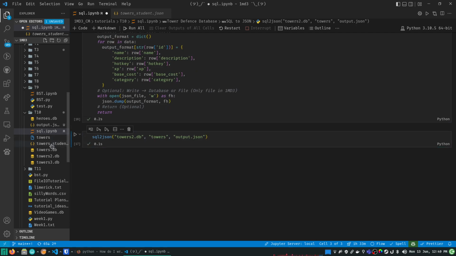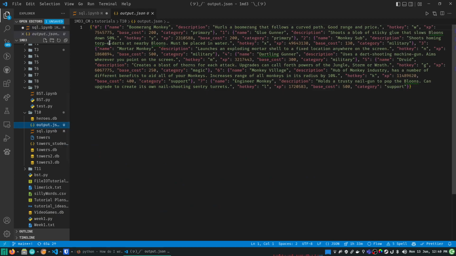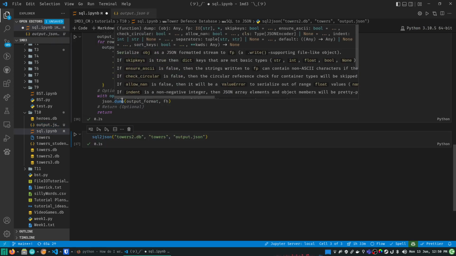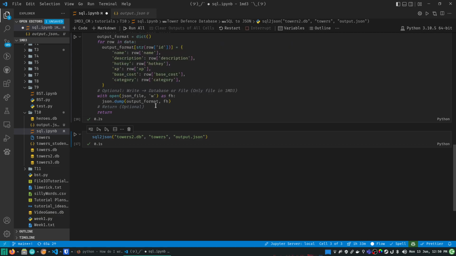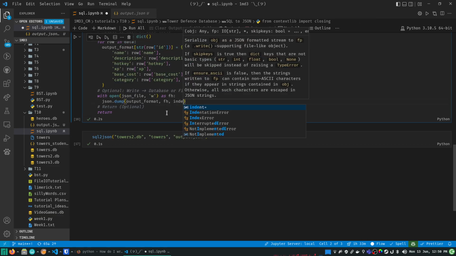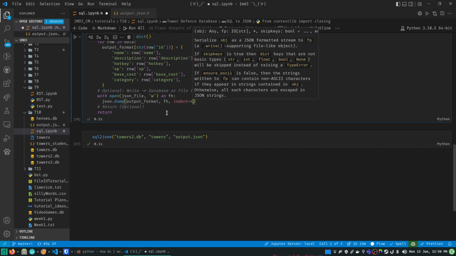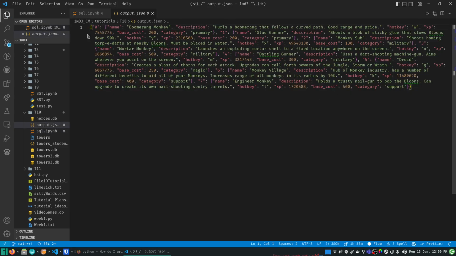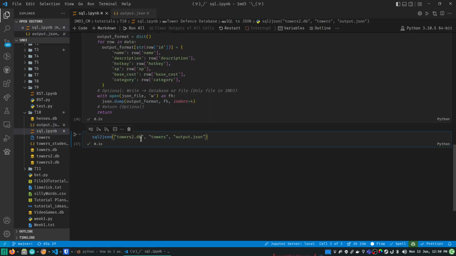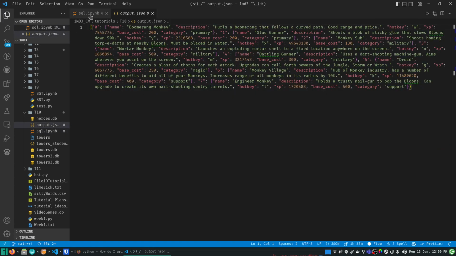And no more errors. And if I check output.json, it's ugly. No one likes ugly, so if we take a look, I believe there's going to be an optional parameter called indent, where you can give it a tabbing. So now, if I rerun this and reopen this file,